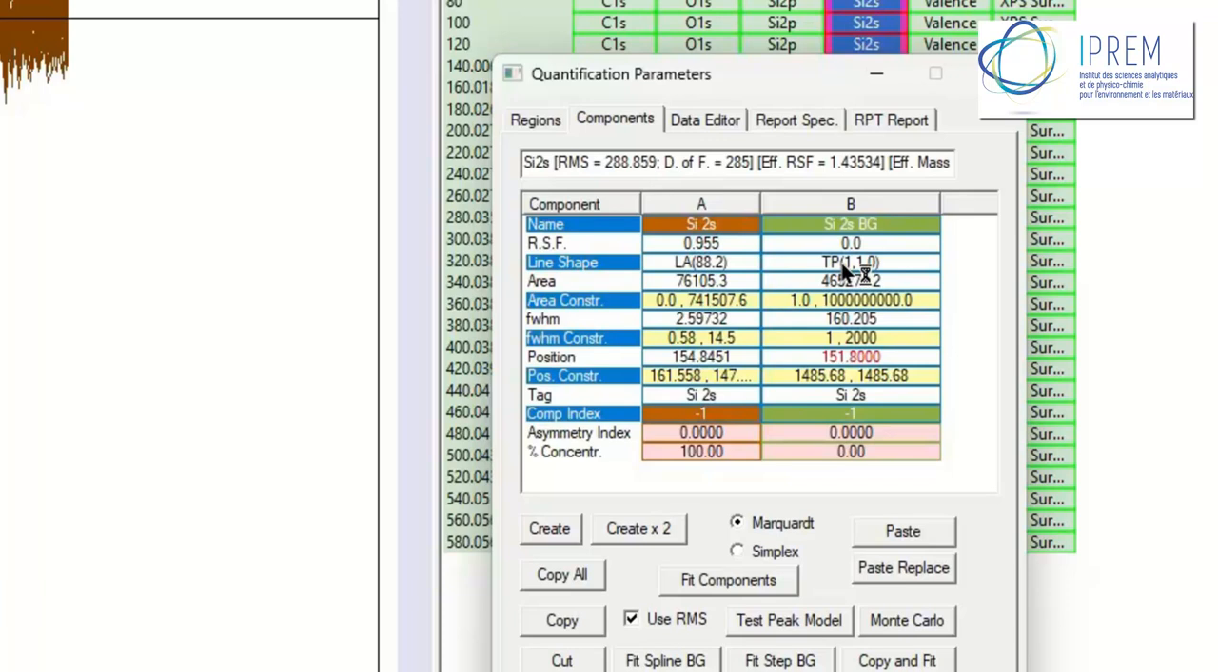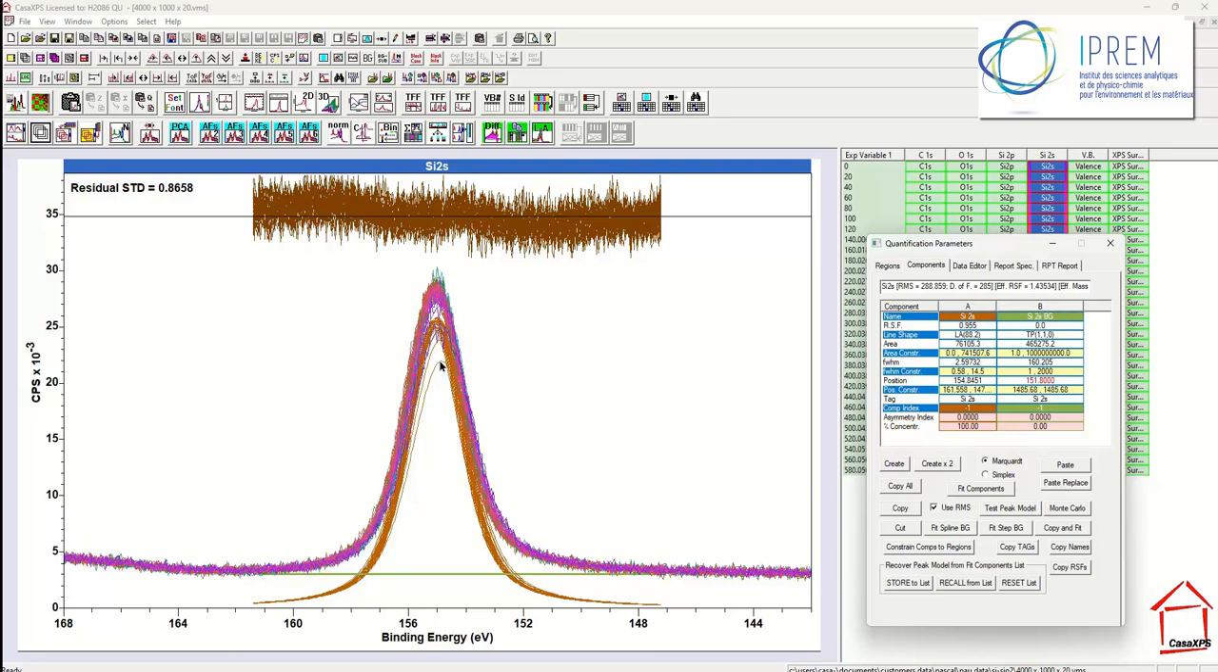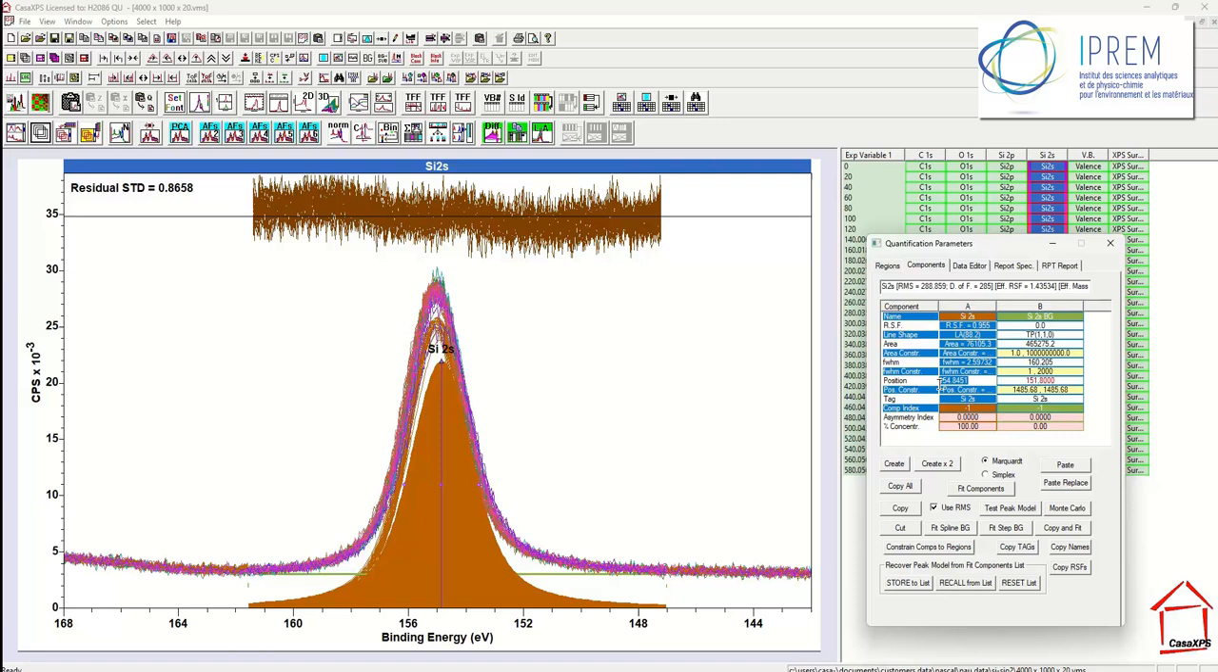I've actually got two components. One is a linear background. This will be adjusted at the same time as this silicon 2P photo emission component, and the idea is that these two will adjust and produce a position that will identify the center of the silicon 2S photo emission, and therefore I can offset the spectra with respect to this component in terms of binding energy and therefore calibrate the